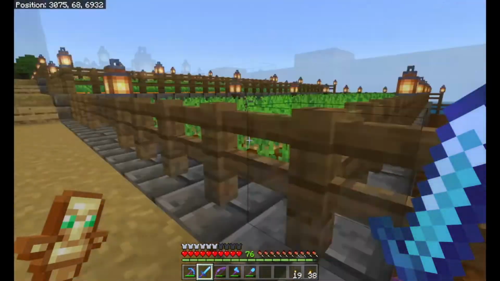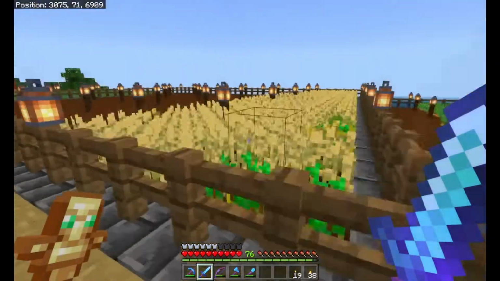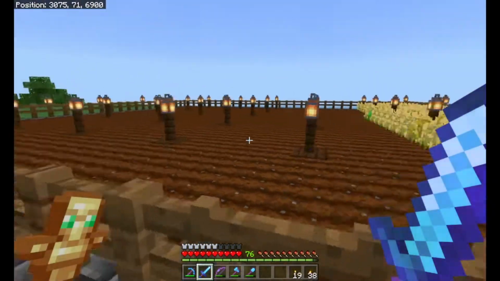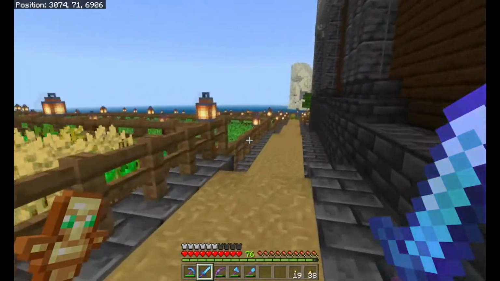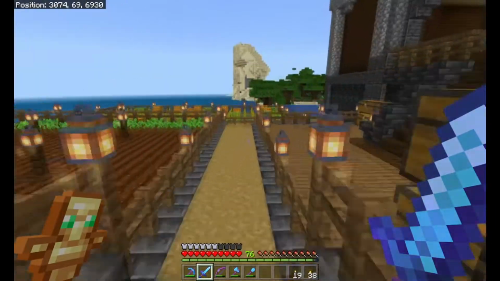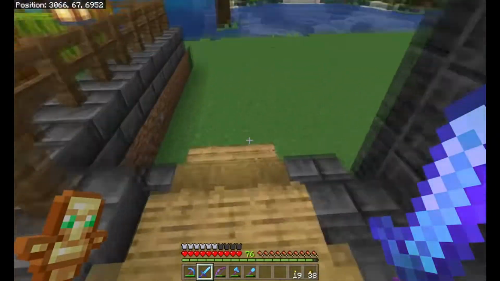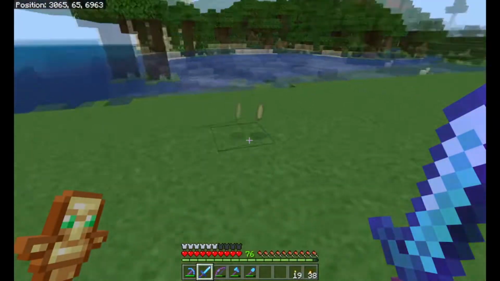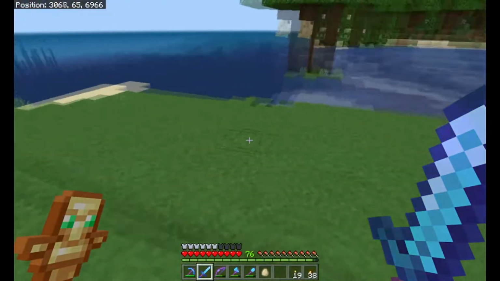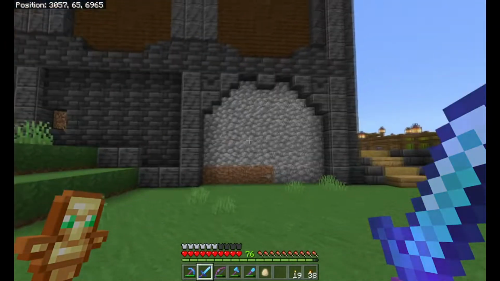If we come up here, we've got our potatoes, we've got our carrots, and we've got our wheat. And as you can see, I still got quite a lot to fill out on most of these farms, but I will get that filled out as we go. Now, I did say this is most likely going to go down to the water's edge. I haven't quite got that far. Oh, egg, thank you. But the eggs are actually one thing I'm going to need,